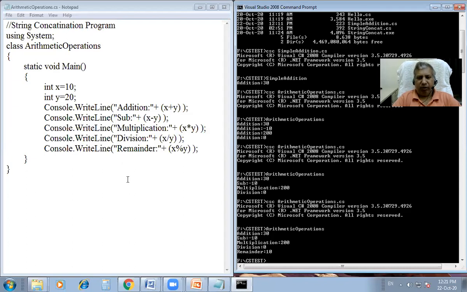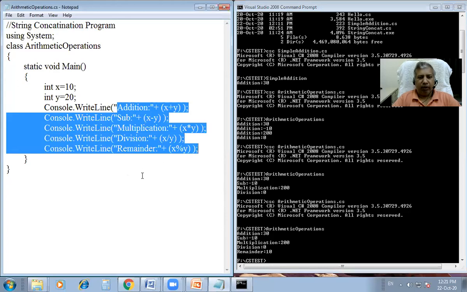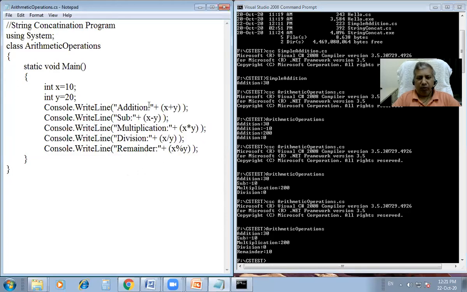Then I have given a practical demonstration of using simple addition and concatenation operator together. And then we have written one simple program in which we are using fixed values for x and y variables, and we are doing all types of binary operator operations available in C Sharp. I have displayed the outcome of every operation on screen, along with the demonstration of compilation of the program.